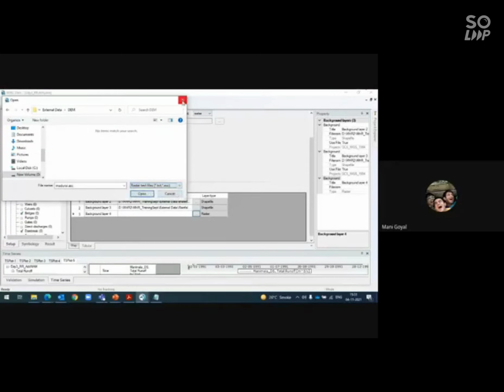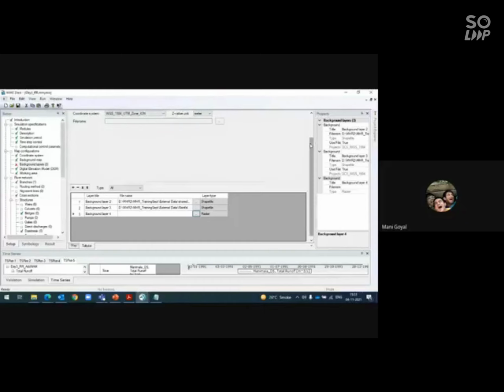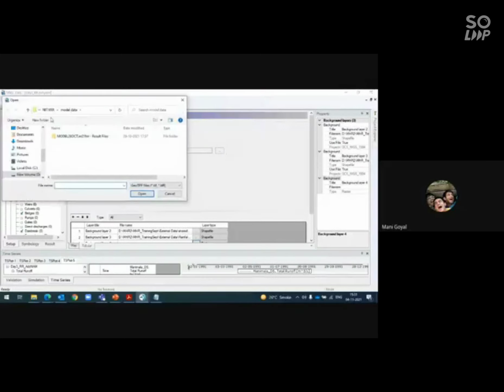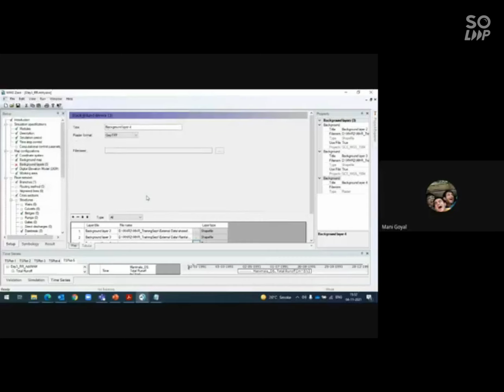Oops, I need to change this. So this is my projected one. So that's how you can import the DEM.